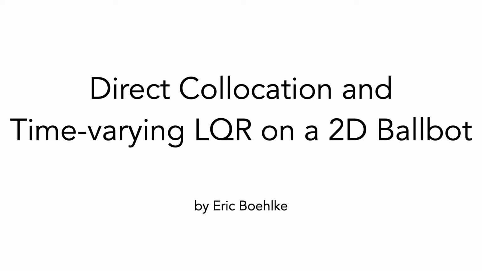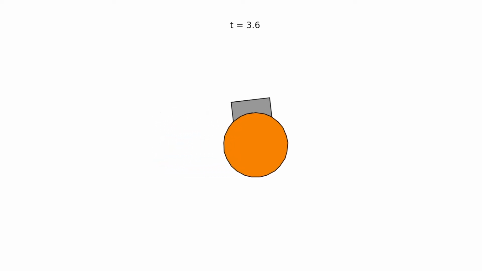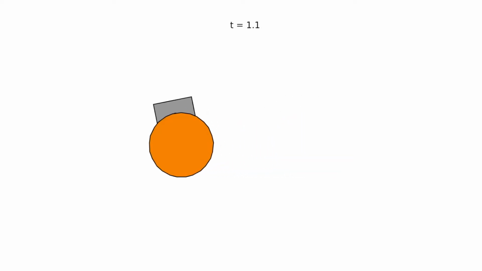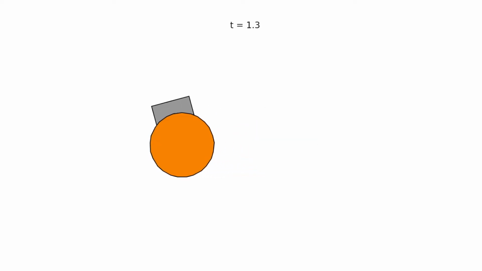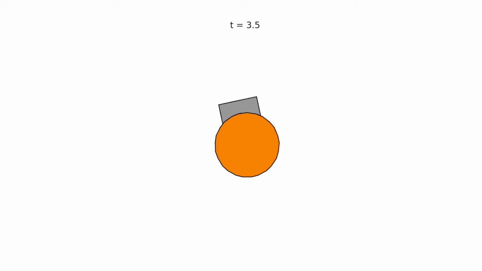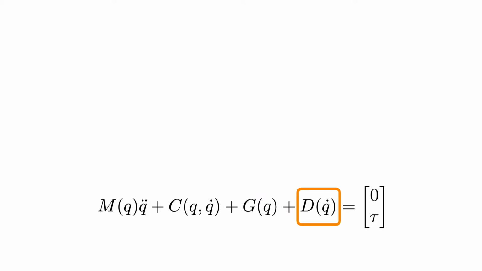In this project, I used the trajectory optimization technique, direct collocation, to generate a trajectory for a planar ballbot. Then, I stabilized this trajectory using a time-varying linear quadratic regulator. I modeled the planar ballbot using the standard manipulator equations, along with the term to represent velocity-dependent friction on the